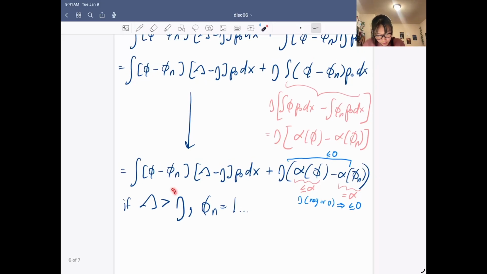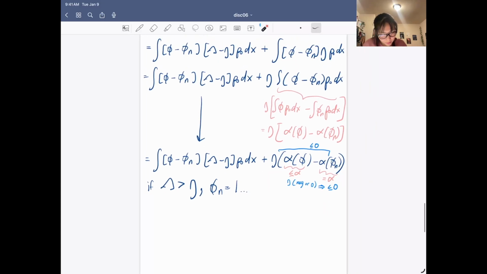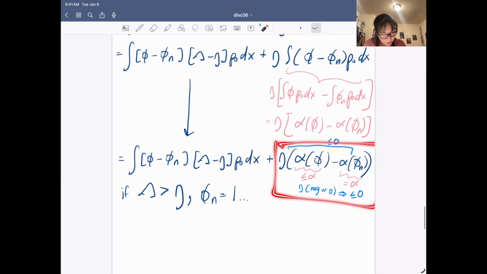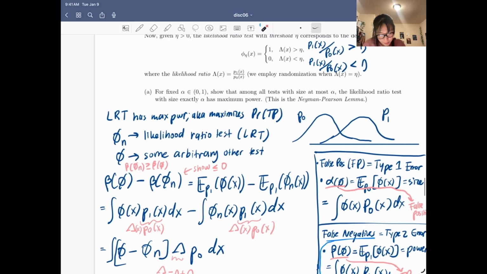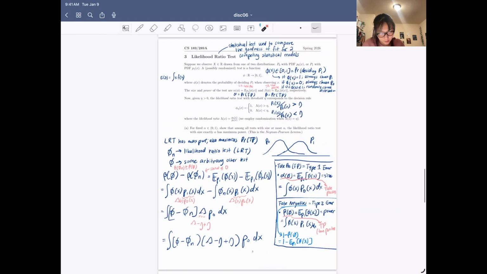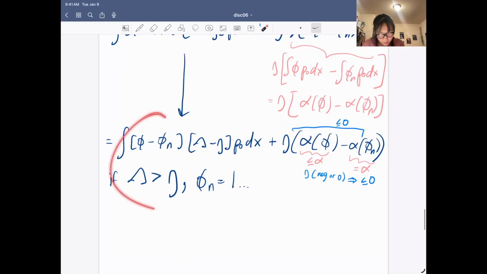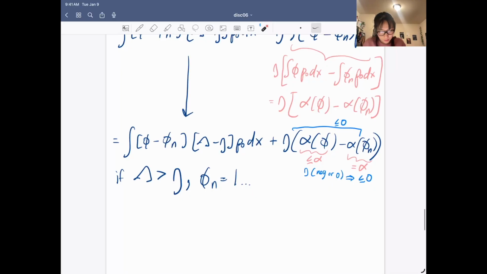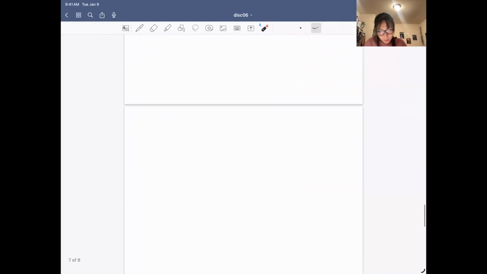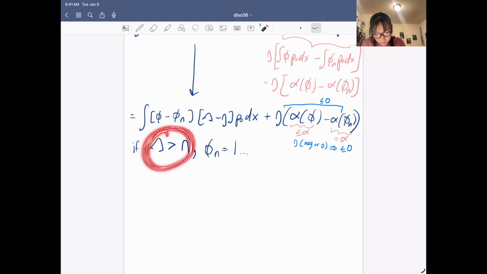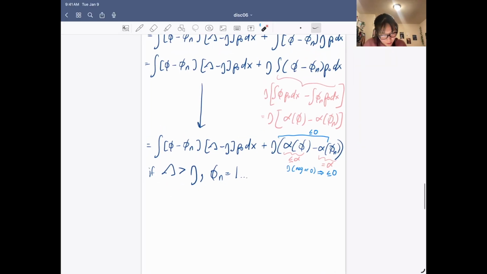And no matter what, first of all, this other term is less than or equal to 0. And so let's just disregard this for the rest of it, because it's less than or equal to 0, and so we know that it's helping contribute to us showing this entire thing is less than or equal to 0. So now we just have to show that this thing also helps us indicate that the whole equation is less than or equal to 0. And so when this lambda is greater than ida, what we will see is that,